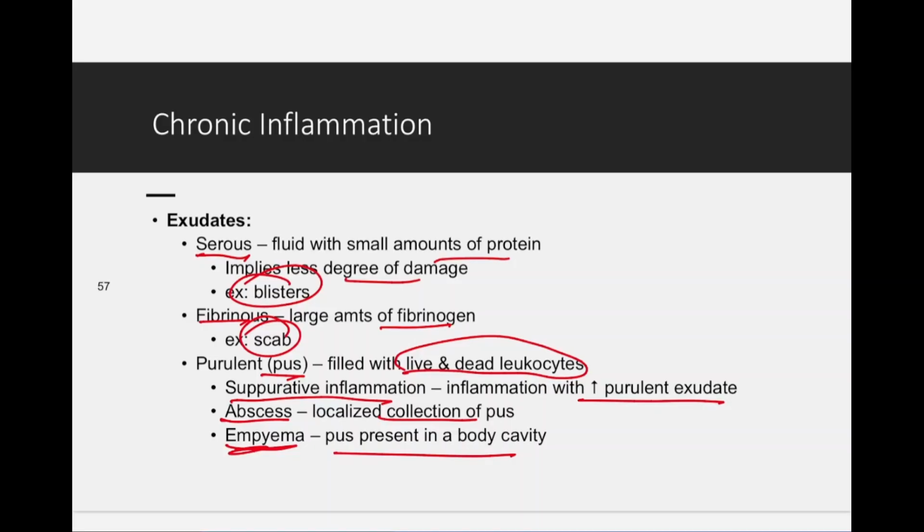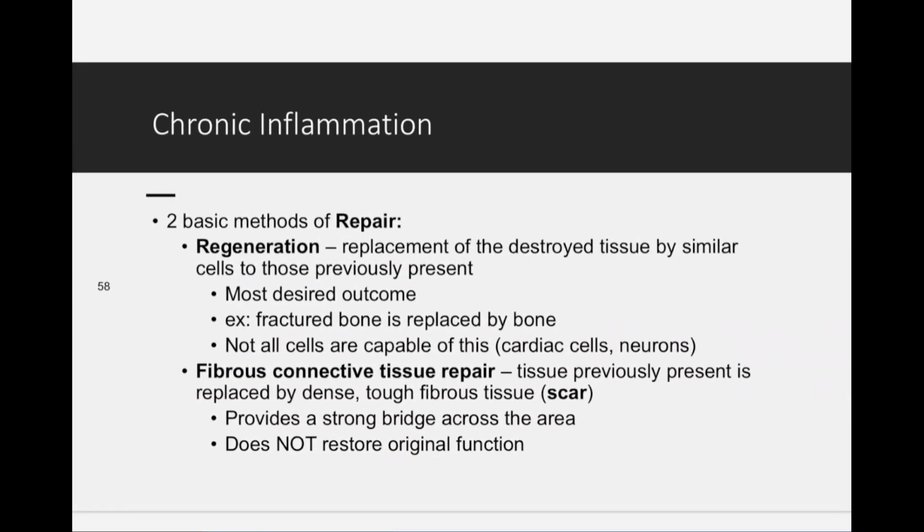Okay, and these occur with chronic inflammation. When you start getting into these bottom ones here, this purulent exudate, if someone gets an exudate somewhere in their body, start thinking about cancer. Sometimes cancers cause these weird exudates to form. Just think about cancer in the back of your mind.